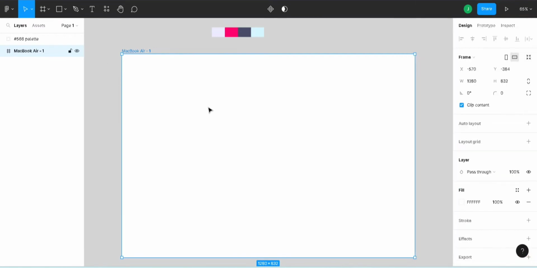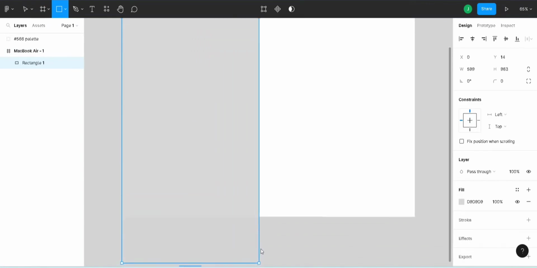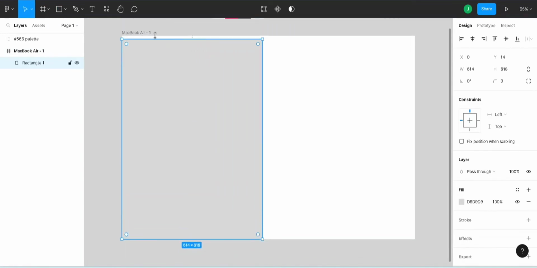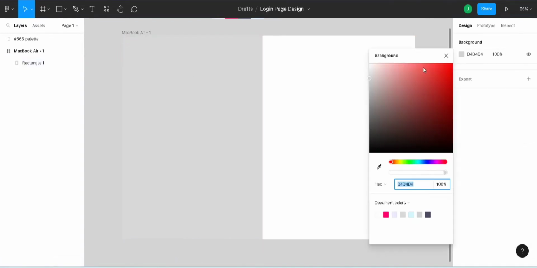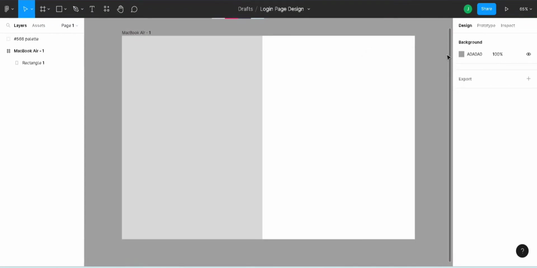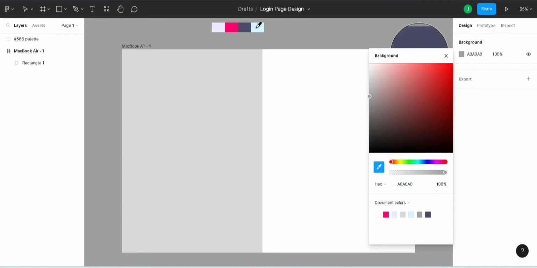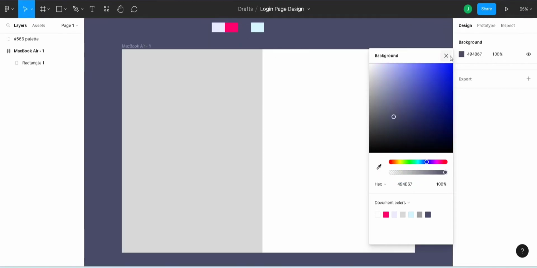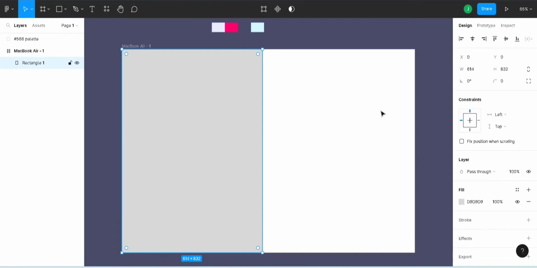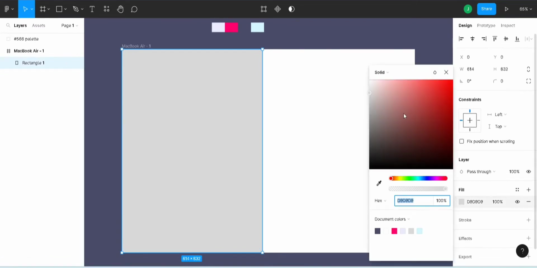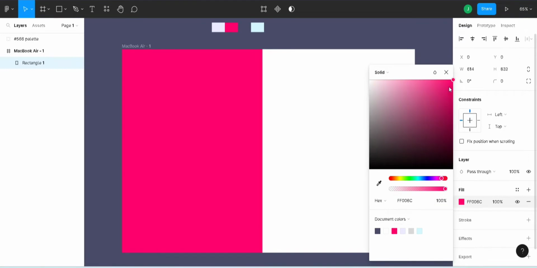Okay, so next we will create a rectangle inside this frame using the keyboard R. Okay, so now we have created a rectangle. Let's change the background color to somewhat dark to see the differentiation. Let's select a color from this. Okay, perfect. Now select the rectangle and change the default color to this color